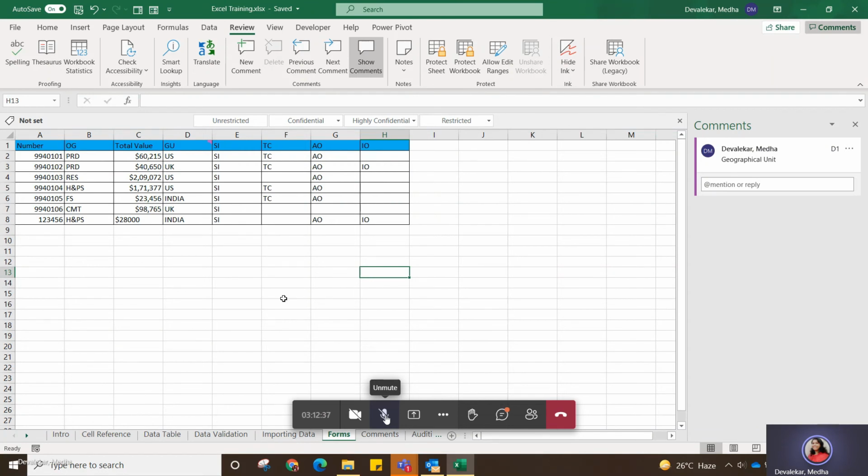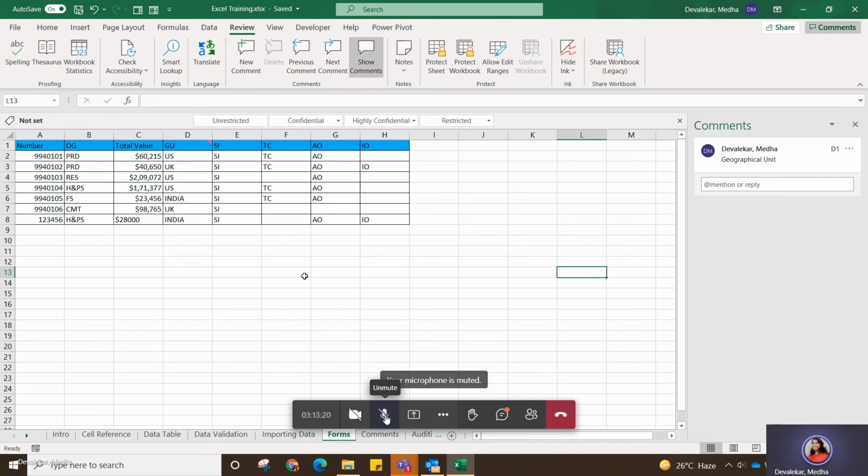So I am telling him in which cell he needs to take care and what correction is needed. Okay, so this is how you can use comments in your day-to-day life. Again, this is an example where I am a lead. Now you are working in your project and you want to add some comments for your colleague. Same thing, you can use this comment box and add a comment for your colleagues also.